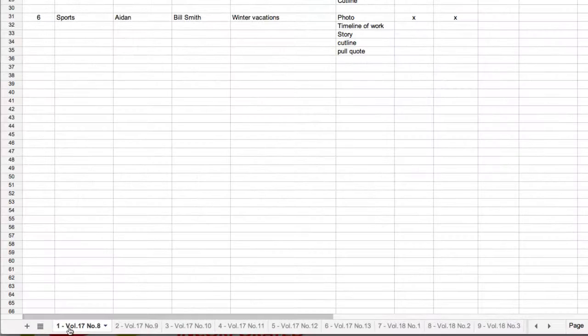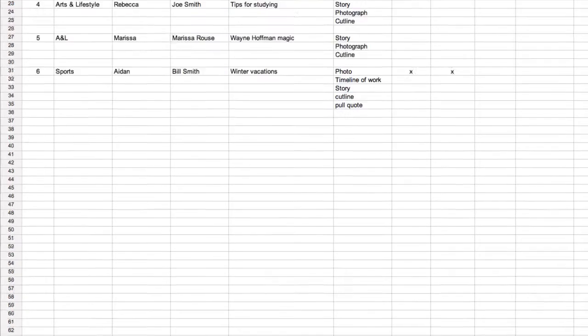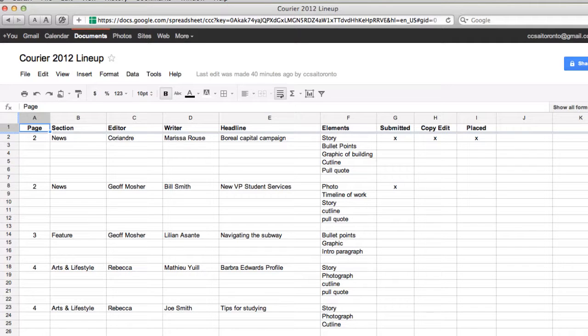and you can see along the bottom each issue has a tab. So the first one, second, third, fourth, and so on. If you need to see the later issues, you can click on the right and left arrows down here to scroll to the appropriate issue. But for now we're working on the first issue, and you'll see a few headings in the first row: